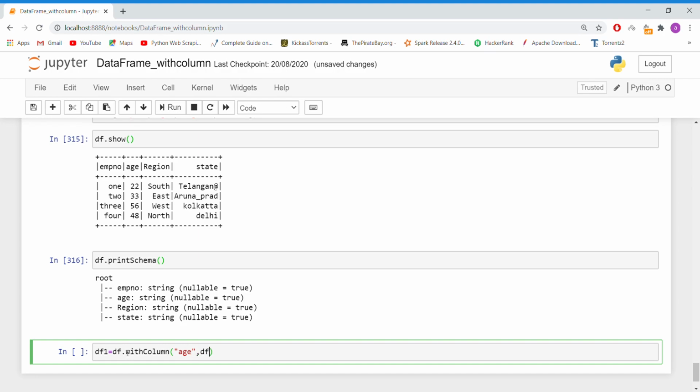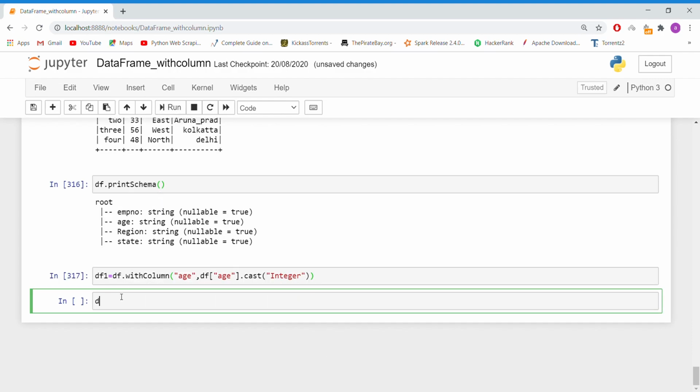Now data frame age dot cast. What kind of data type do we have to pass? We can pass float or double or integer based on your requirement. I am passing it here as integer. Let's execute this.